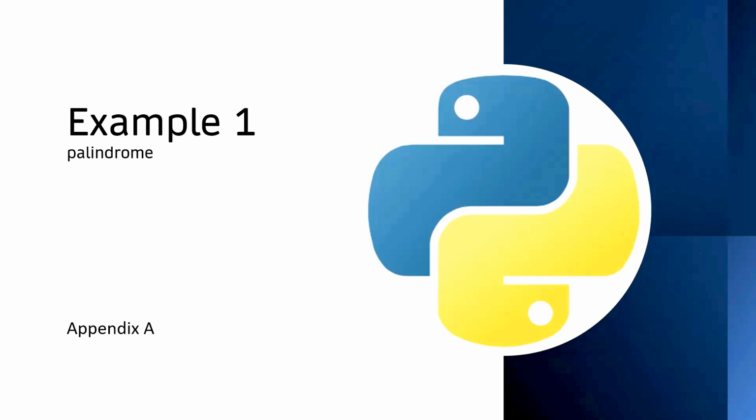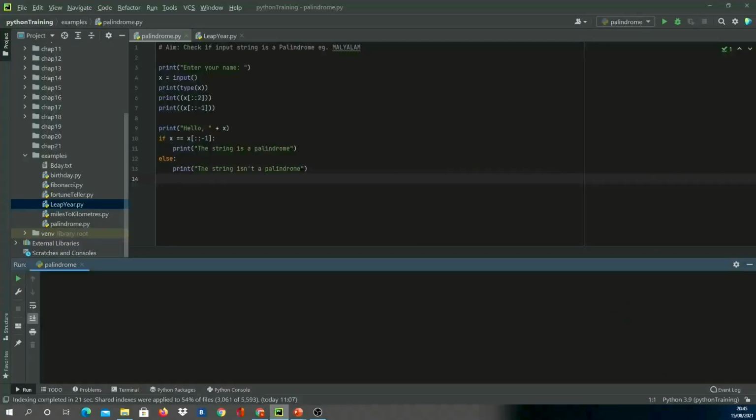Two examples in this session. One is the palindrome program and the second is the leap year program. So let's have a look at the palindrome program. So what is a palindrome? A palindrome is basically a word which is the same when written backwards or forward. So in this program, what I'm doing is